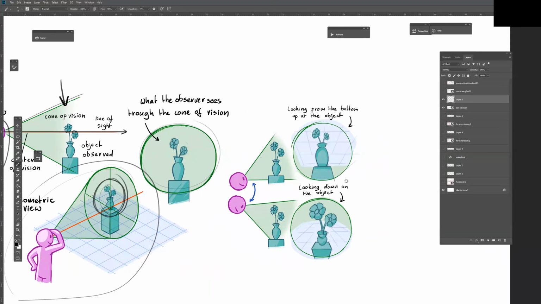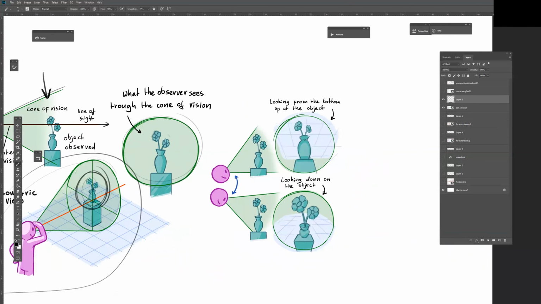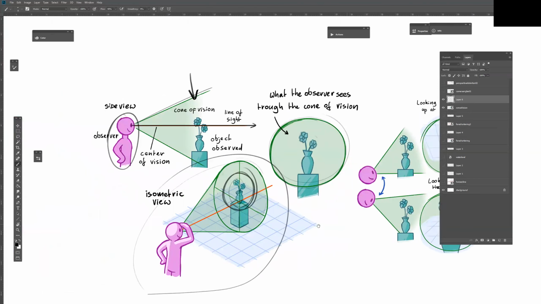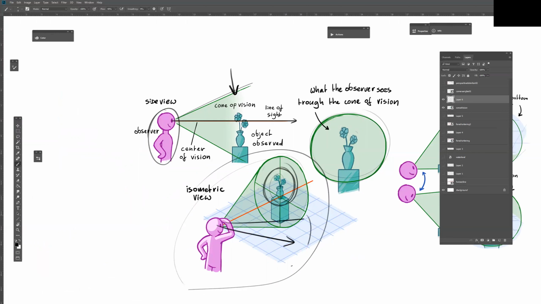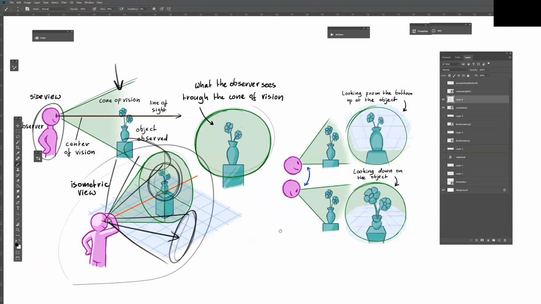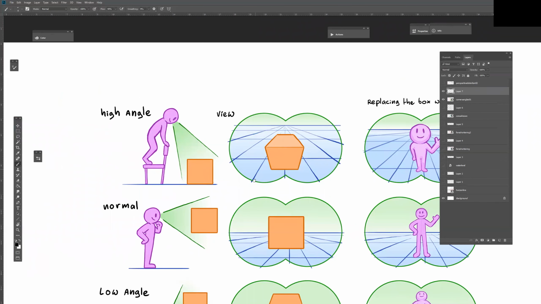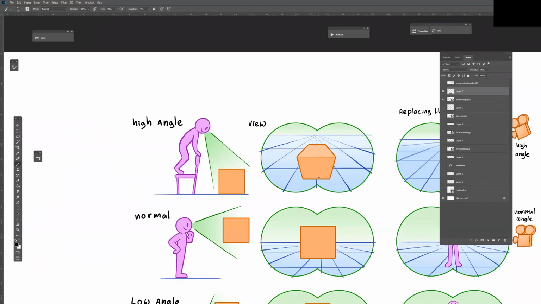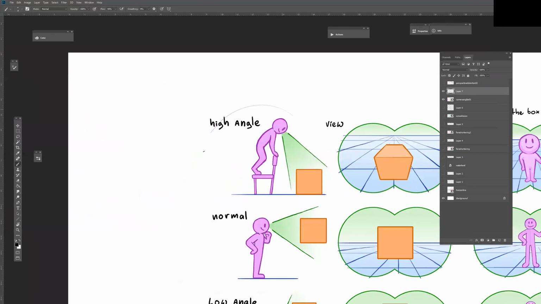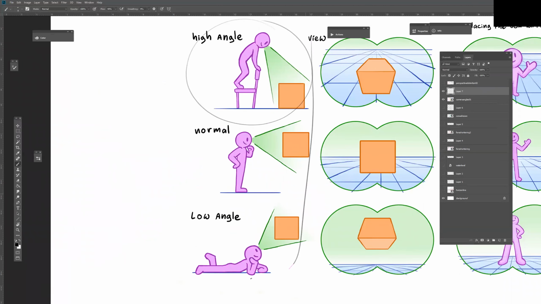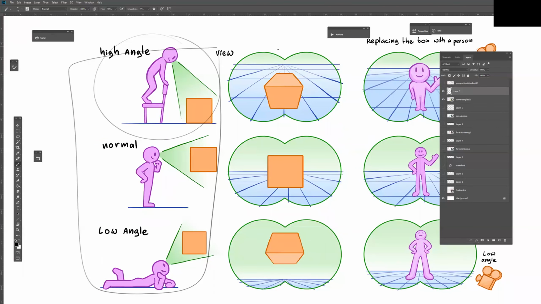What's also interesting, if we're looking at this face from the bottom up, then the perspective changes. And I will show that in the next post. But here you can see that this cone of vision can also have different angles, like it can go down and it can go up. So here are the camera angles, or how we can watch an object. From the side, all these drawings look the same. But if we're looking through the eyes of the observer,